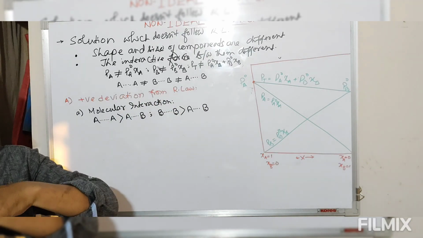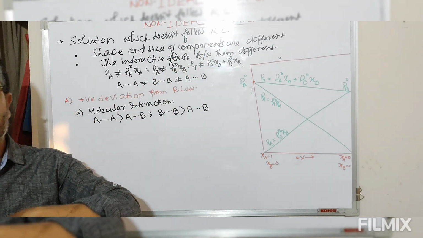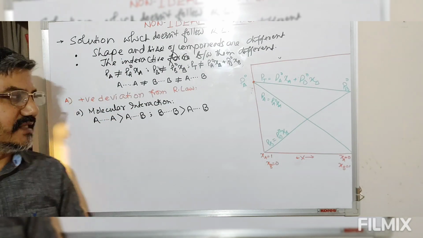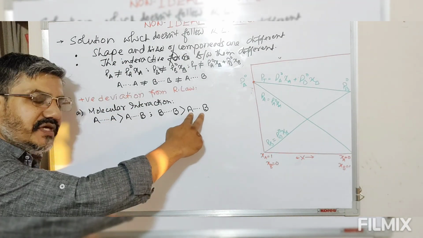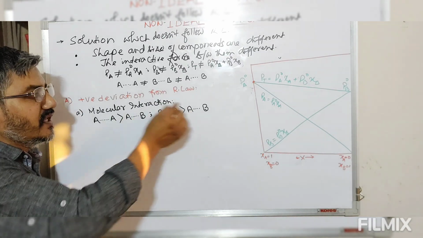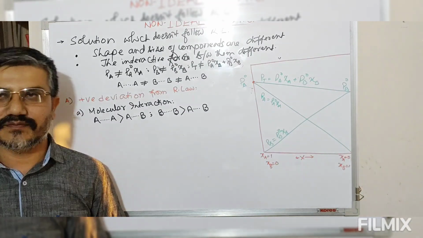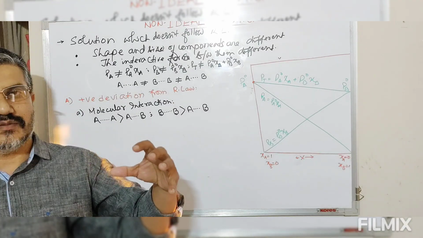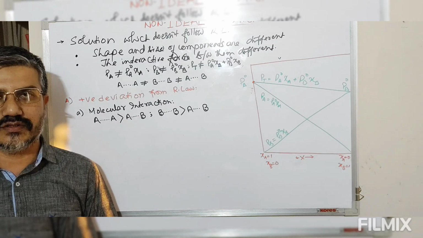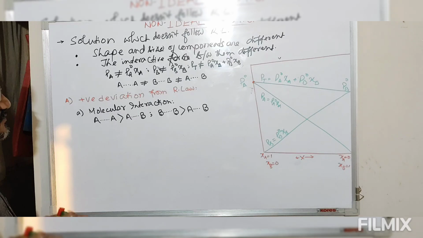That means this A has a greater tendency to get converted into vapor. Similarly, B has a greater tendency to escape into the vapor phase. The reason being this: A and B have a weaker interactive force than BB or AA, because A and B have some sort of repulsion, something like they are enemies. They don't want to be in the presence of each other, so they will try to leave the system as well as the other components come into the picture. So this is intermolecular interaction.